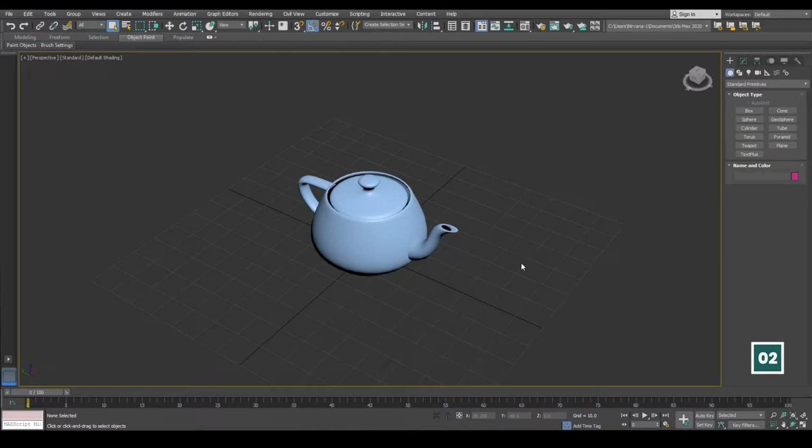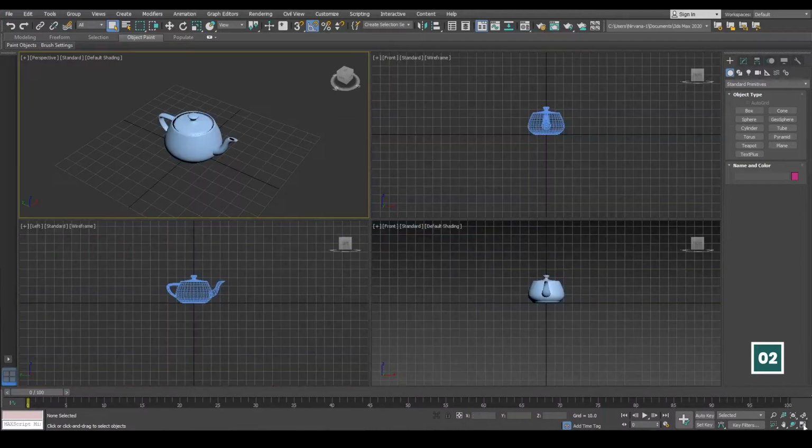Now let us learn about viewport layouts and how to navigate through them. For that, go to the extreme right bottom corner tool that says Maximize Viewport Toggle, Alt+W. Click on this and you will see our viewport changes to a different layout where we have 4 different viewports inside the layout. Here you have a perspective viewport, front viewport,